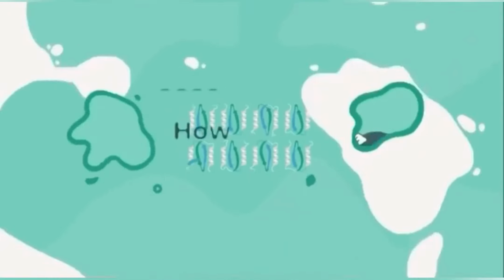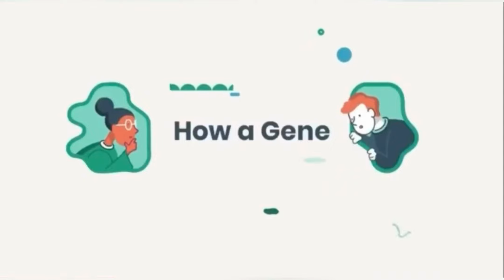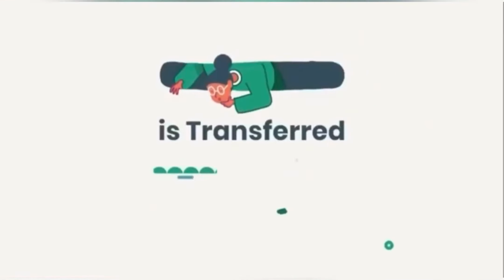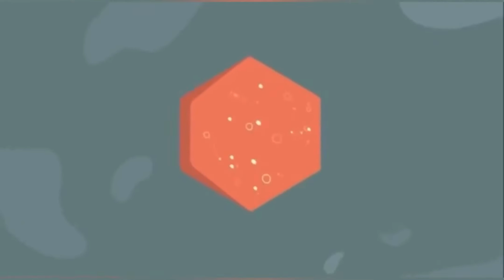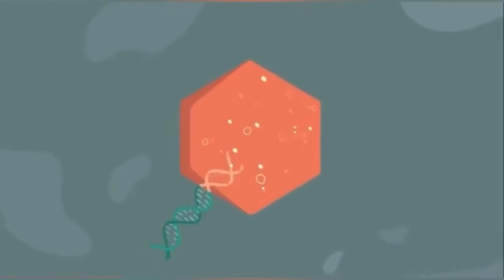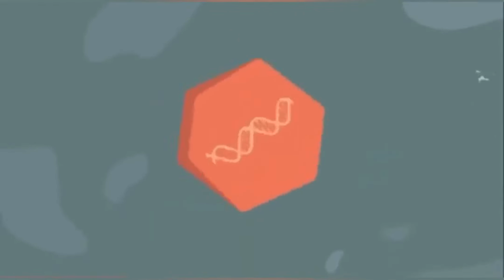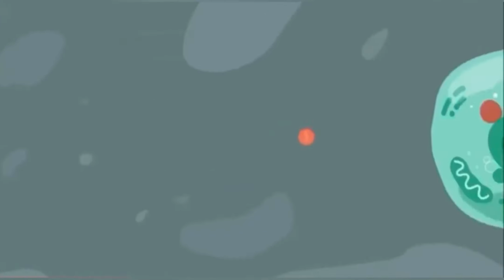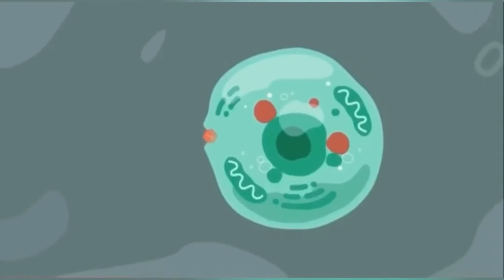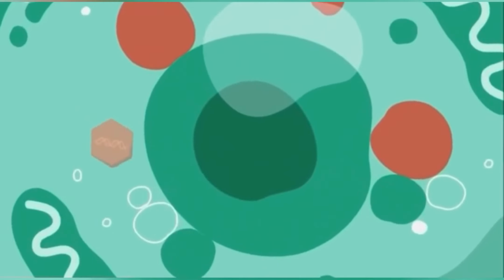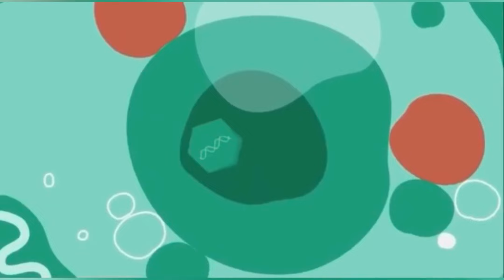within the cell. You may be curious how a gene and the genetic material it holds is transferred to the cell during gene therapy. Well, a gene cannot be directly inserted into a cell. Instead, a carrier, also known as a vector, helps deliver the gene. Typically, viruses are used as vectors because they've evolved to be very good at sneaking into and infecting cells. But in this case, their motive is to insert the gene or genes into the cell. The infectious part of a virus is removed, allowing it to still enter the cell's nucleus without making the patient